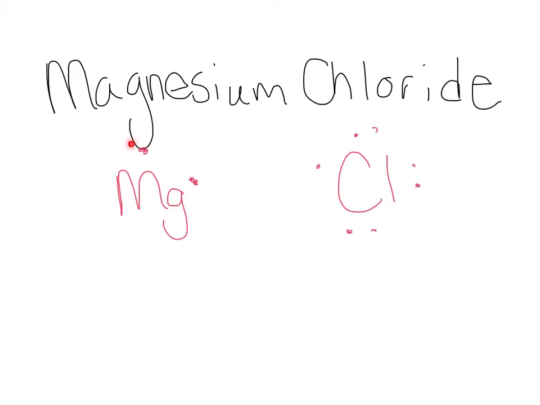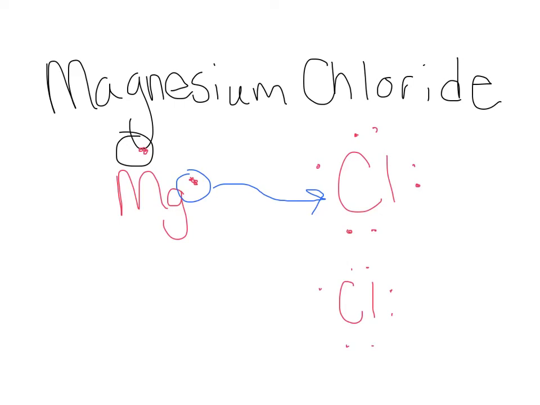So all the electrons have to come off magnesium and go to a chlorine ion. So let's try that. Our first valence electron can go to this chlorine. Magnesium still has 1 electron, but chlorine doesn't have any more spots to fill in. So what we're going to have to do is, instead of there being 1 atom of chlorine, there's actually going to be 2. So I just draw another chlorine